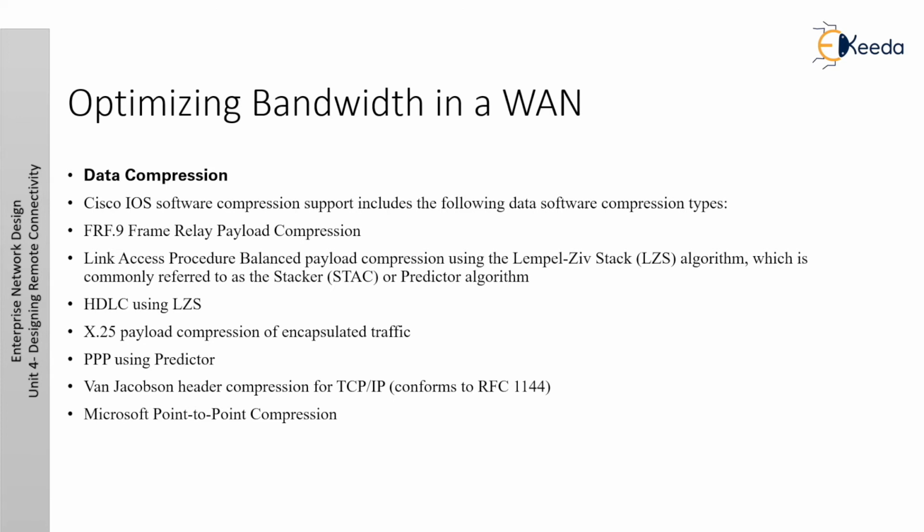In our case, what happens when we are using YouTube videos or some other videos? We go to settings and set the streaming bandwidth, for example from 1000 down to 360 kbps. Okay, so this will automatically optimize bandwidth in our case, but in an organization it is somewhat different. So let us discuss data compression.